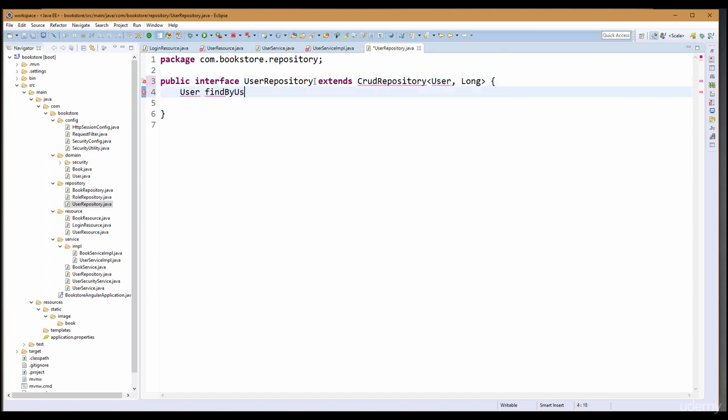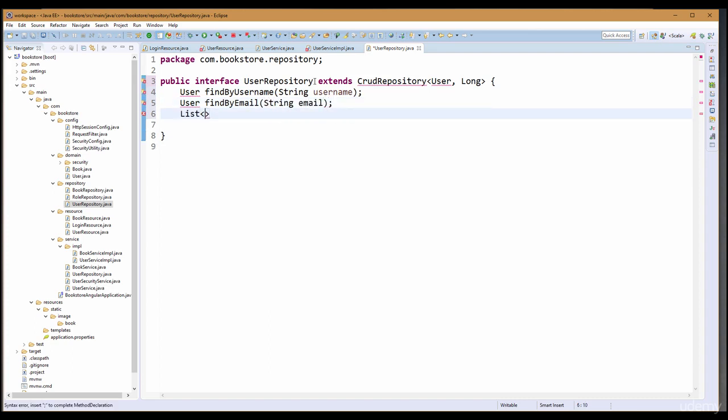We're going to define some methods. Find by username, find by email, list user, find,